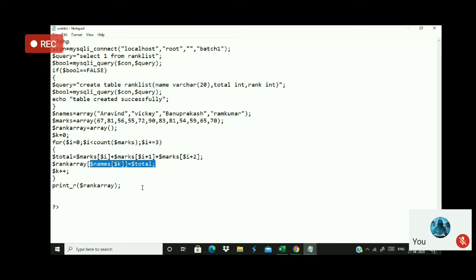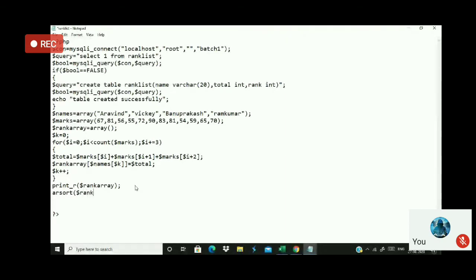K sort means you are sorting according to the key in reverse order. A sort means you are sorting the values in reverse order. Reverse order is called descending order. So now what I'm going to do is, listen here, I just reverse it with arsort,